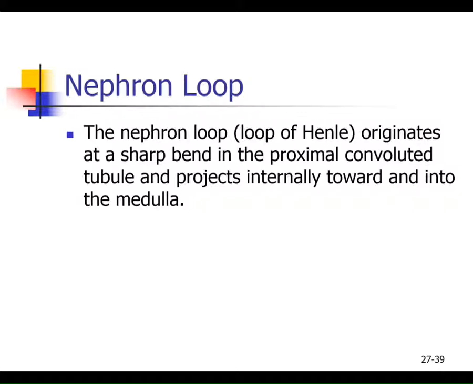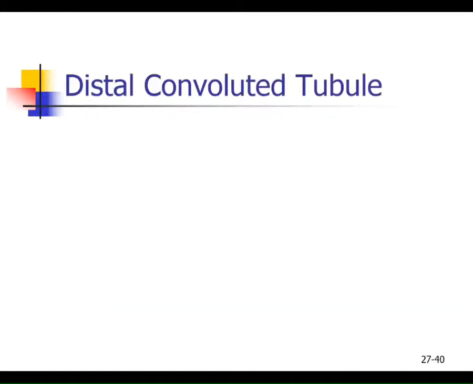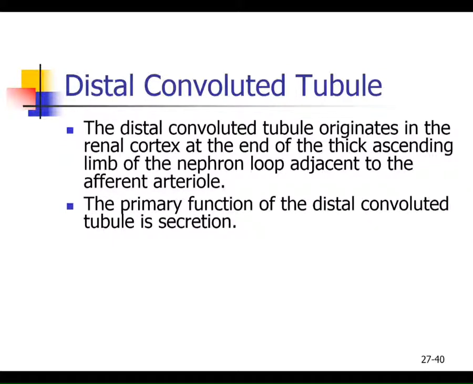Now this was described by a guy named Henle. So the loop of Henle is called the nephron loop, also called the loop of Henle. What happens here I'm not going to get into right now, but I'll show you where that is in the picture in a moment. And then once you get past the nephron loop, you get to the distal convoluted